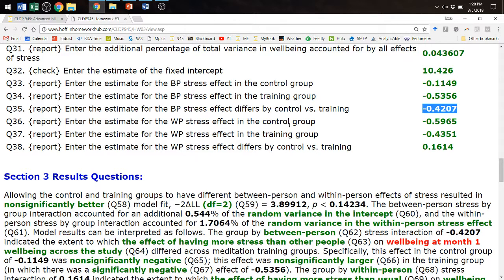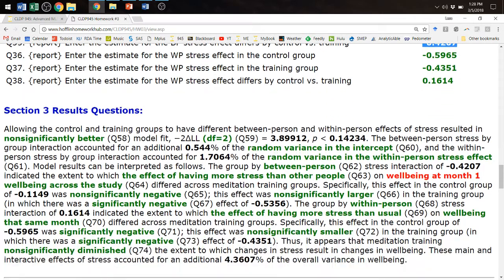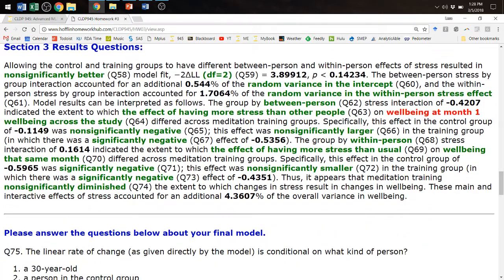Within person by group is responsible for the within person random slope variance. So the within person stress effect represents individual differences in people's reactiveness to stress. Part of that may be due to which group they're in. And the story in this case, I thought, is that meditation training, which I am incapable of doing, but which I hear is really good for you, should reduce your responsiveness to stress. Both of them seem like they should be good for you.